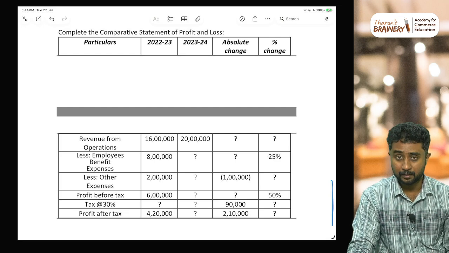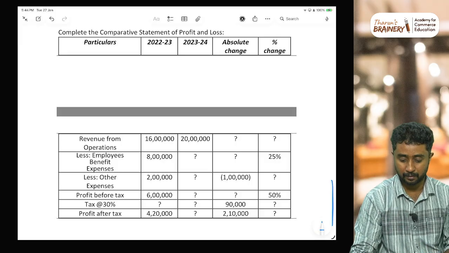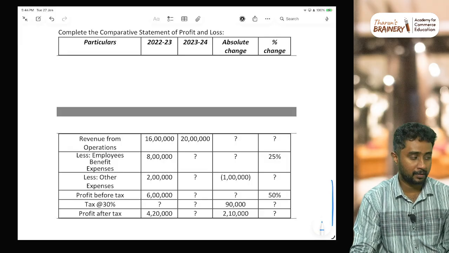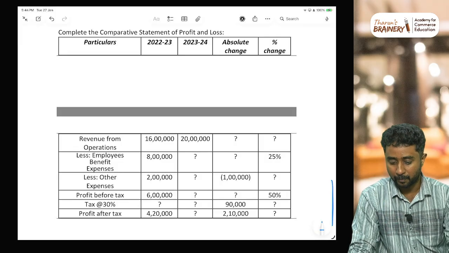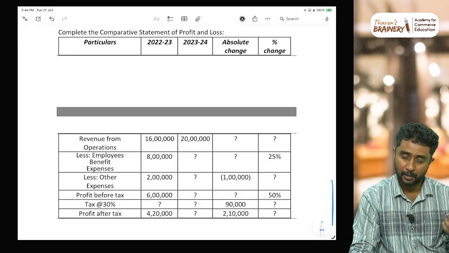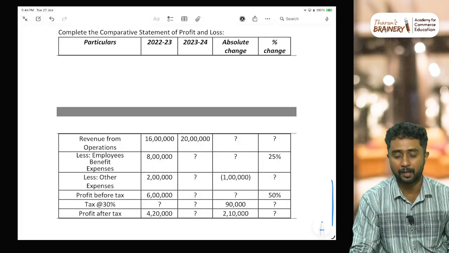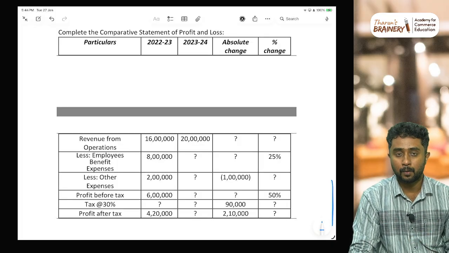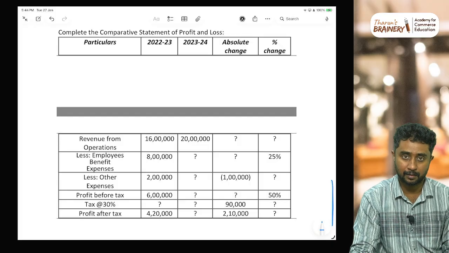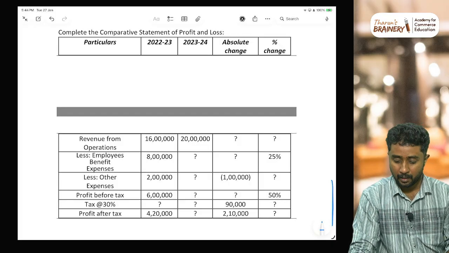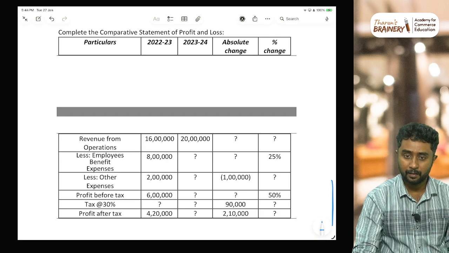So today we are discussing a different type of question from the same topic. By now, by looking at the screen, you must have got which topic we are going to discuss today. So obviously it is about comparative statement of profit or loss, and we know many other statements are there. Comparative statement of balance sheet is there, and common size statement of profit and loss is there, or common size statement of balance sheet is also there. So today we are going to discuss comparative statement of profit and loss,